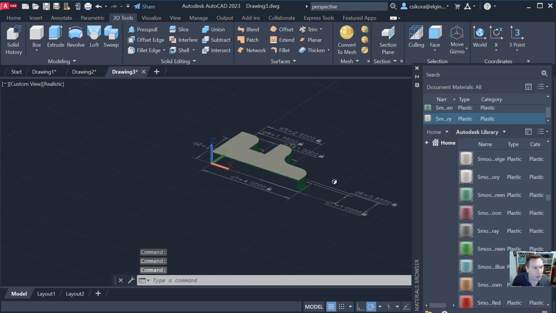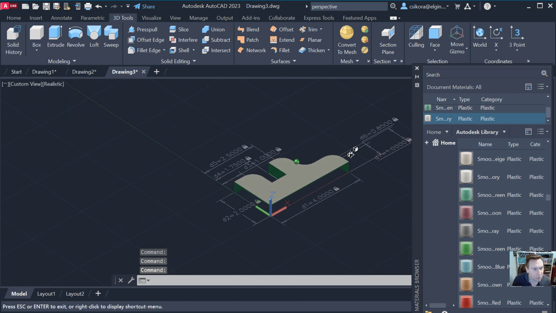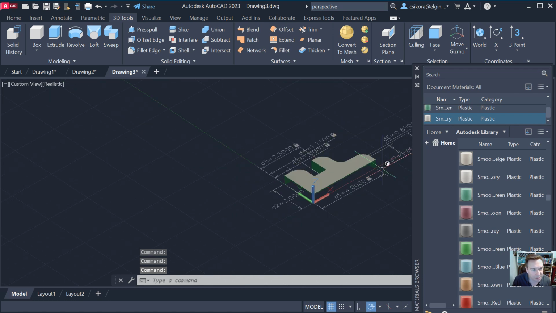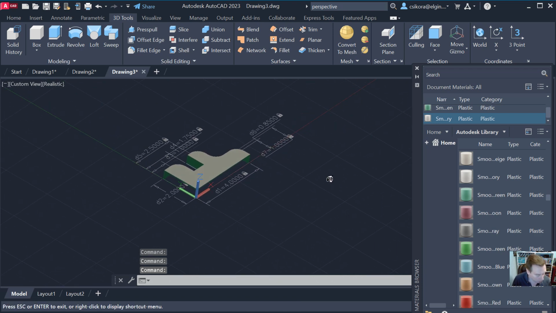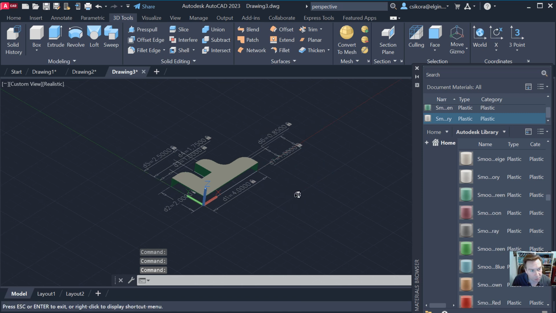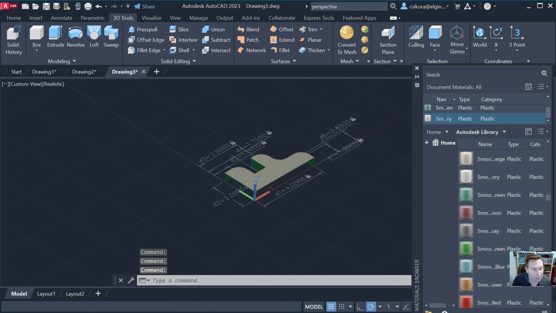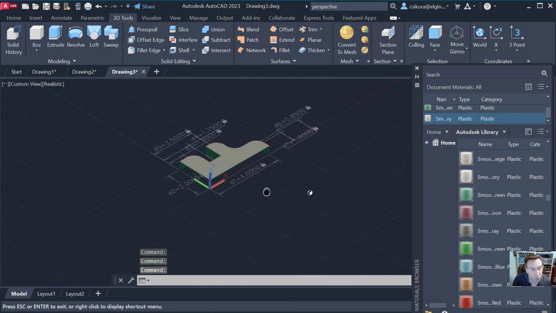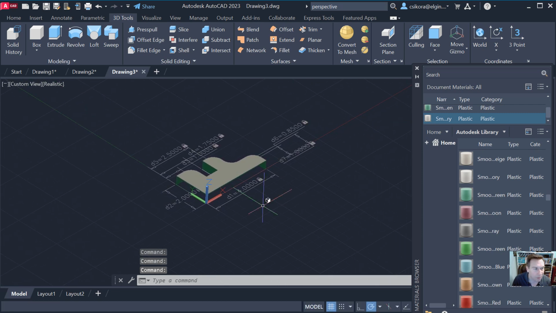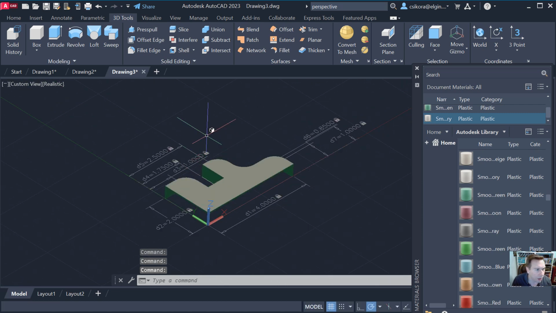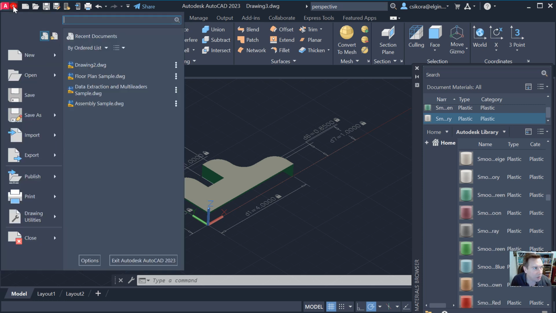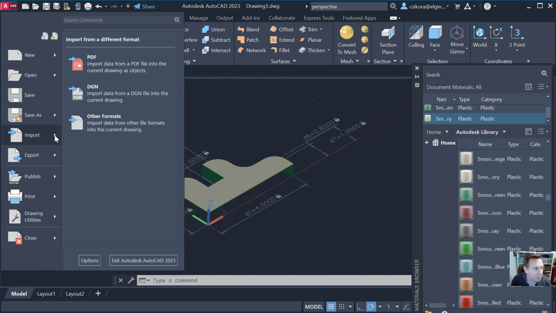All right, now when you're going to export this out for me, for those of you in my class, give me the best view. Oh, by the way, Control and the middle mouse wheel, or actually just the middle mouse wheel, if you hold it, will pan. You don't have to hold Control. Okay, give me the most descriptive view of your model, and then again we just go up here to Export